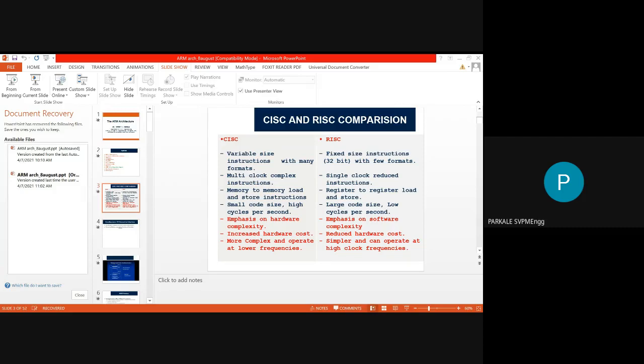Von Neumann architecture is simple in nature. Harvard architecture is complex in nature. But Harvard architecture is faster compared to the von Neumann. So there are some advantages and also some disadvantages. According to the speed of the operations, we can select the Harvard architecture.